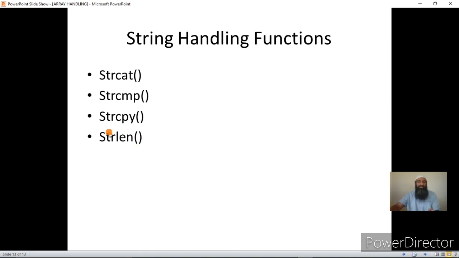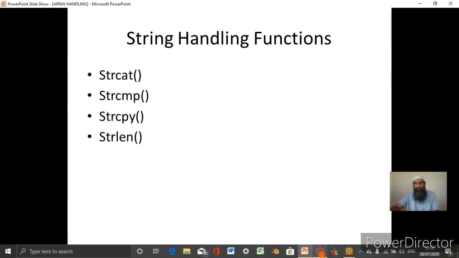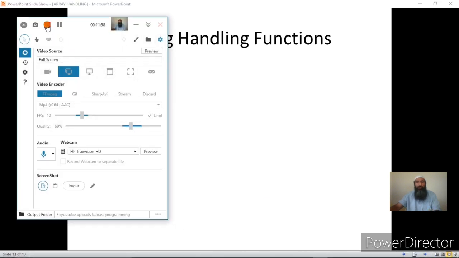I won't take these in detail right now. I'll be handling separate lectures for it. Right now my purpose is simply to show you what input and output functions I'll be using for the coming programs, and give you a brief introduction of these functions. Okay, and later on we can have separate videos on these functions. So this is simply a preliminary concept, how we go ahead with our programs on strings.